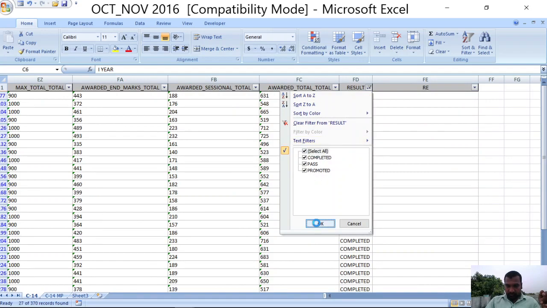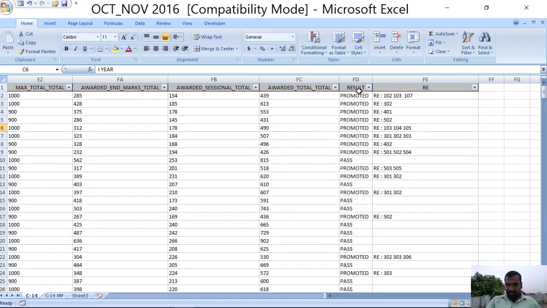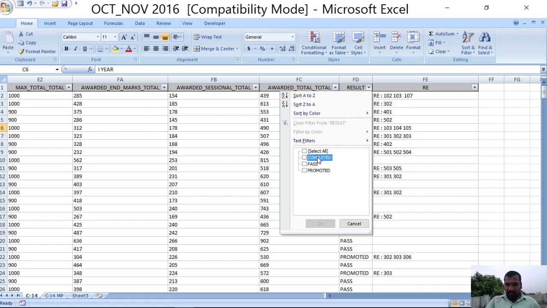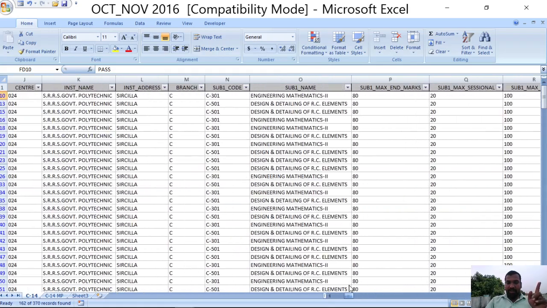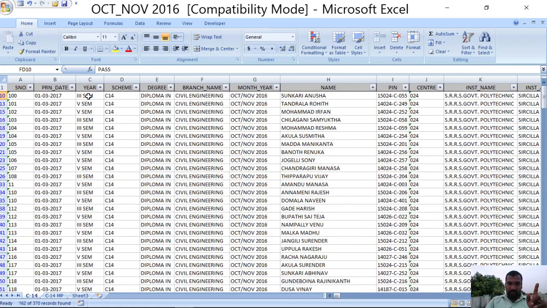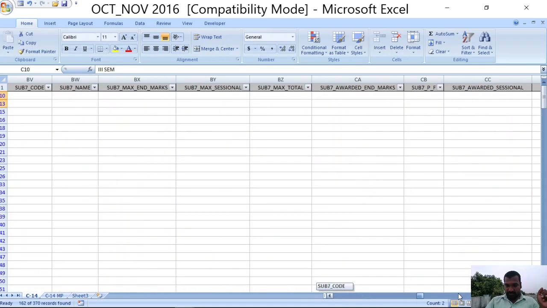Now I am removing all the filters. Now I am applying the filter for passed students. Pass result status is for regular exams. So those who have written the regular exams, third sem and fifth sem, their details are displayed here. Okay.